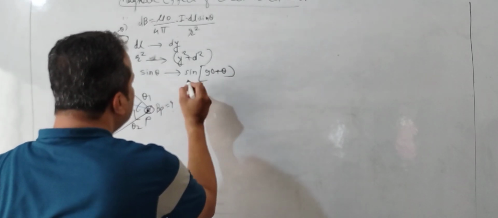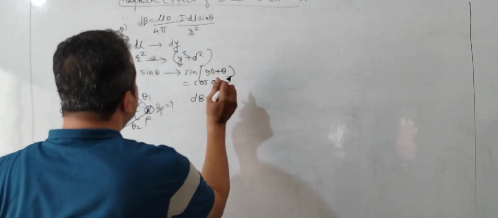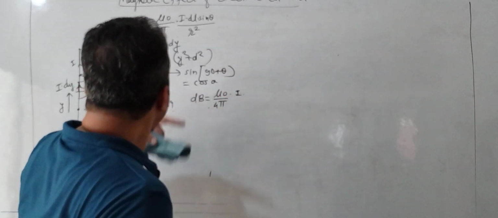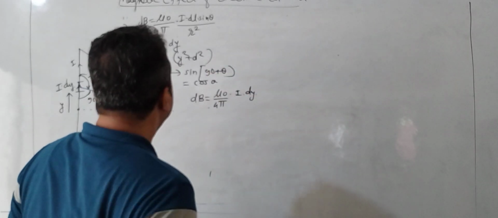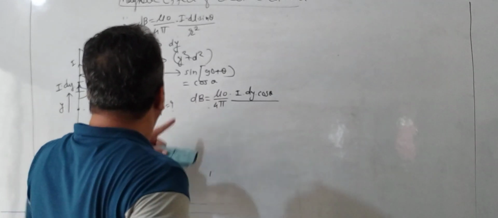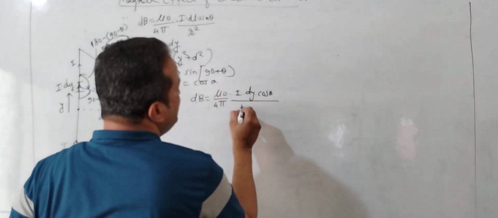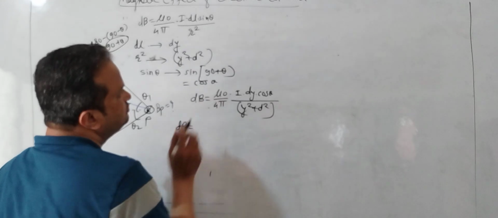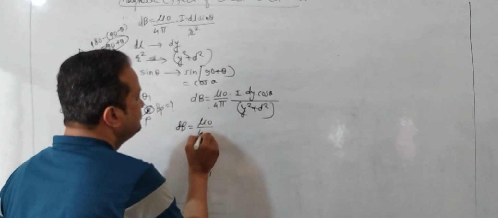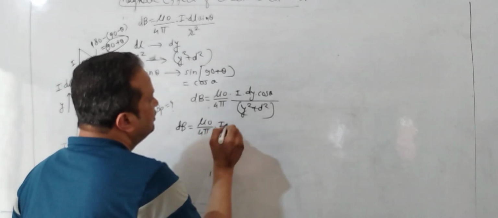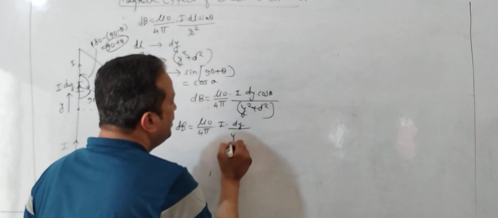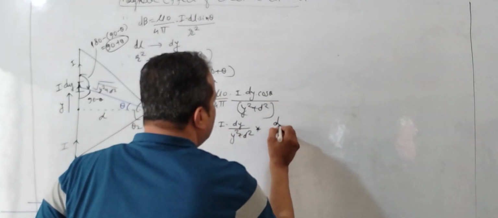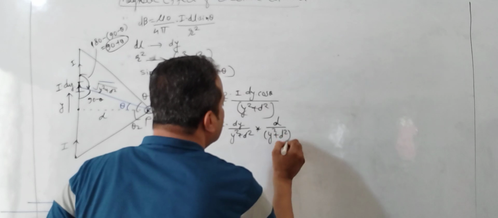Okay, so sin theta that you know that it is a cos theta, so this dB is equal to how much, mu 0 upon 4 pi I dl, it is dy, sin theta it is cos theta upon r square, that means how much it is, y square plus d square। ओके, तो बच्चों क्या मैं इसको ऐसे लिख सकता हूँ, dB is equal to mu 0 upon 4 pi I dy upon y square plus d square into cos theta। What is the cos theta, that is d divided by y square plus d square to the power half।